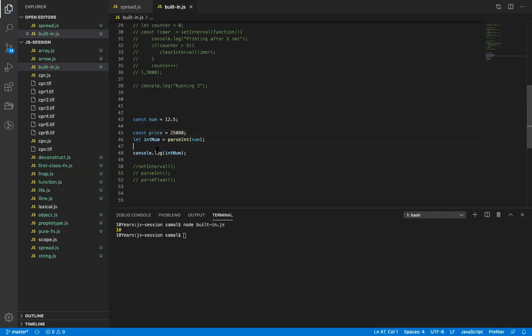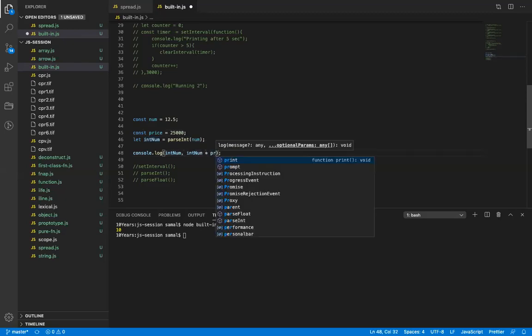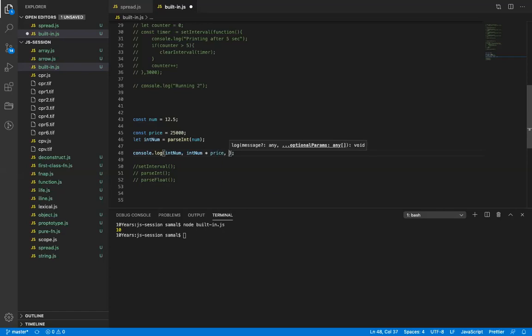Now if I do num into price, you see the difference. With parseInt the value is 300,000, but with the normal value it is 312,500. So you have to be very careful if you're using mathematical operations.